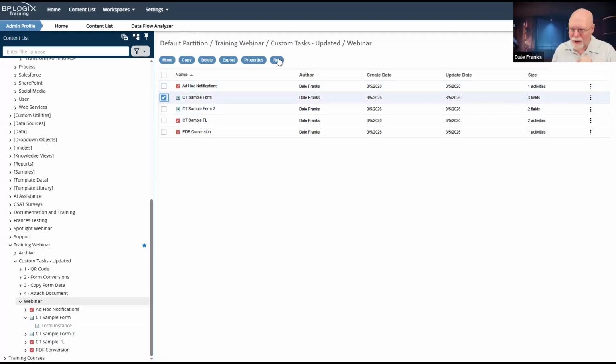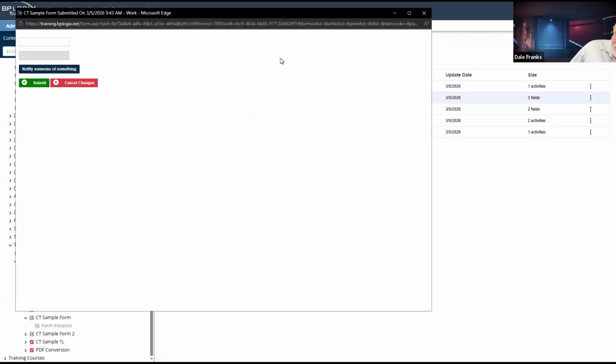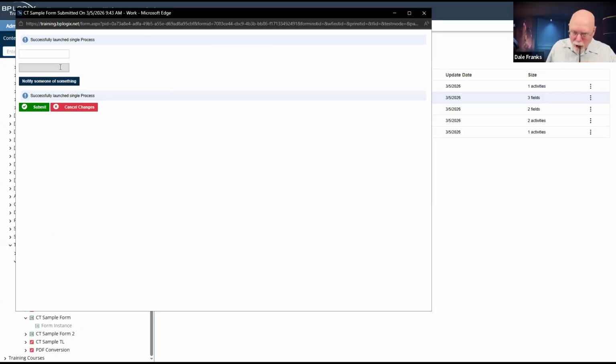I think this will be faster if I run it from here. It is. There we go. Notify someone of something. Fine. I can click it and it launched the process. So I will receive a notification in due course, as the timeline initiator, that this process was launched. So I can just launch notifications from here. Now, this is not uncommon, and we get a lot of questions about